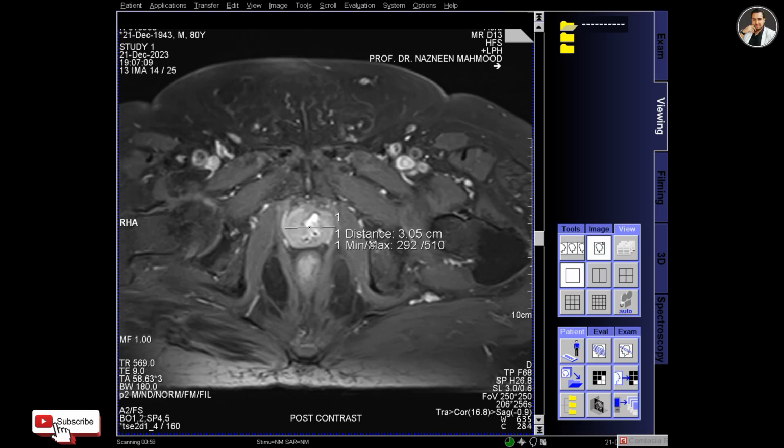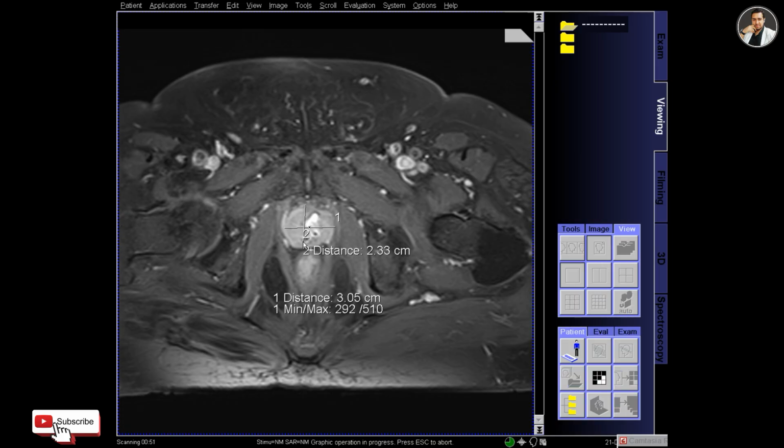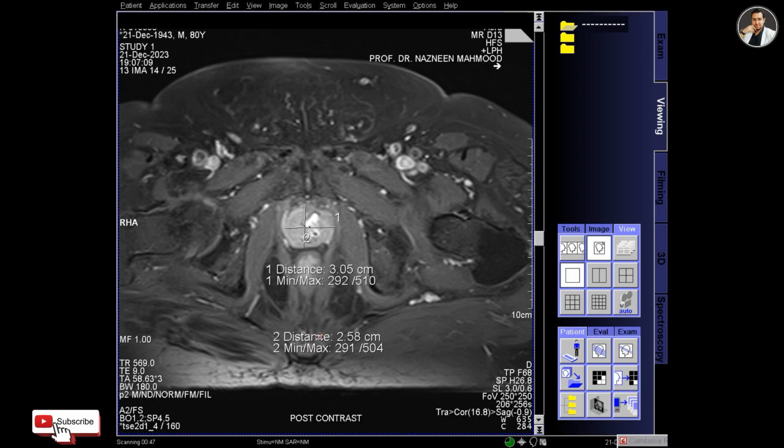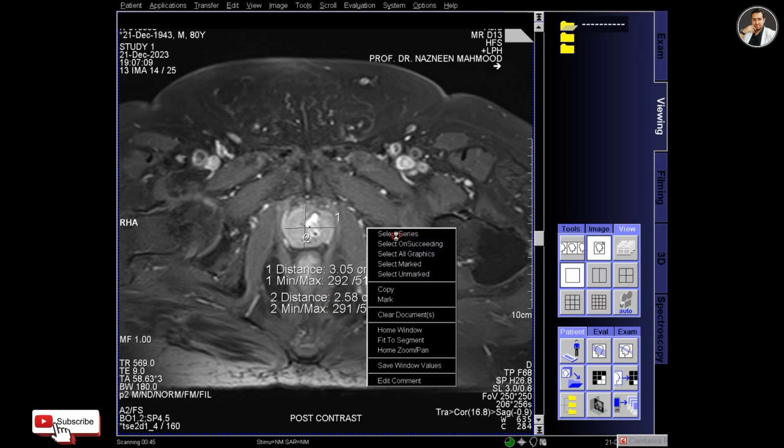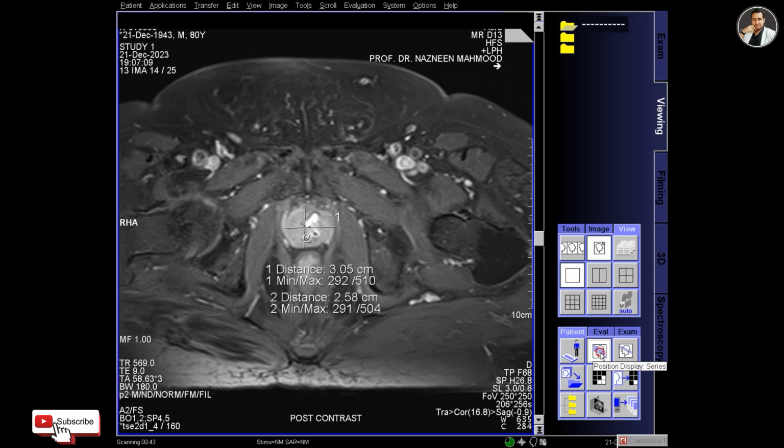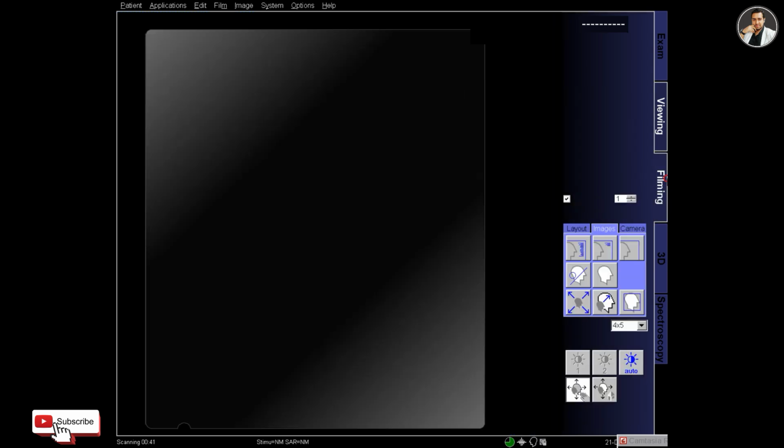So I'm giving measurement of the prostate using the measurement tools. So this is the height and width of the prostate, 3.5 centimeter and 2.58 centimeter, and then select the series and send it to the filming.